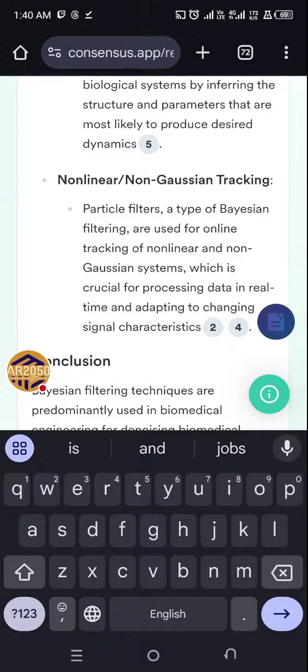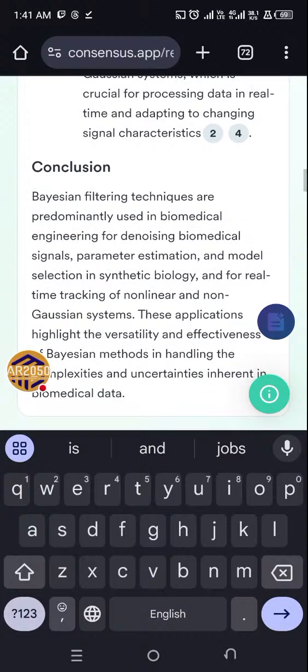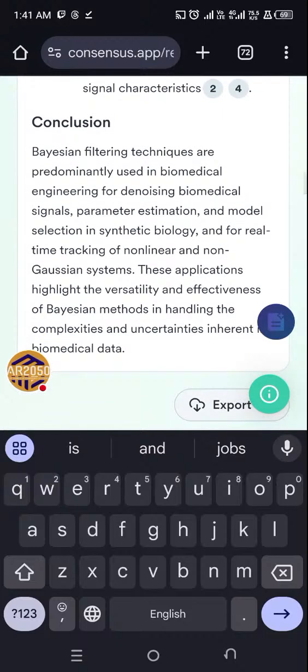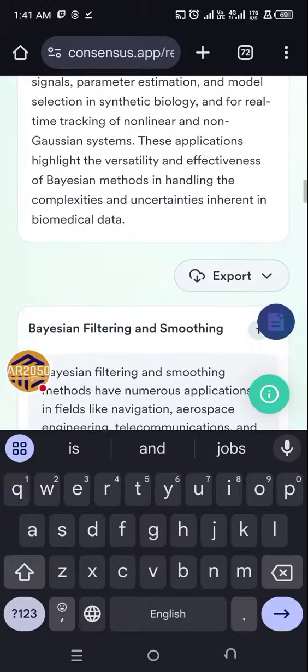Nonlinear non-Gaussian tracking. Particle filters, a type of Bayesian filtering, are used for online tracking for nonlinear and non-Gaussian systems, which is crucial for processing data in real time and adapting to changing signal characteristics. Bayesian filtering techniques are predominantly used in biomedical engineering for denoising biomedical signals, parameter estimation, and model selection. Okay,